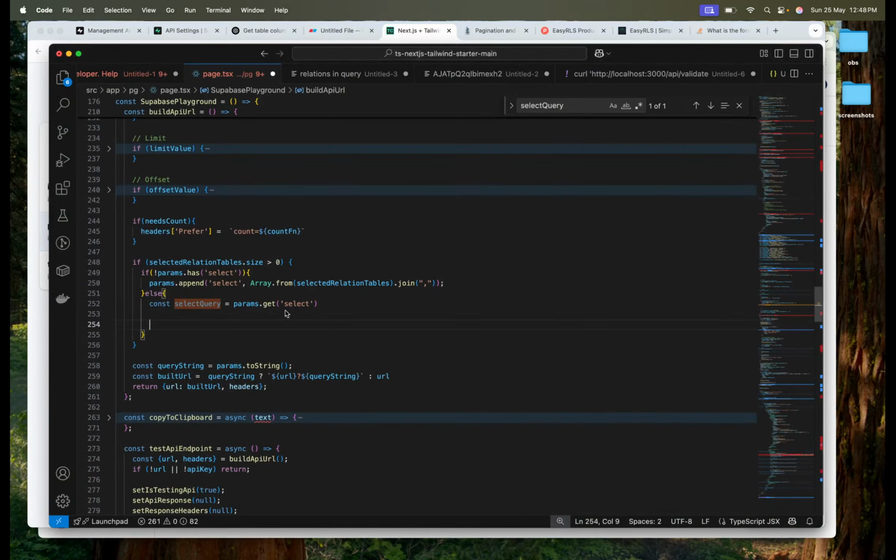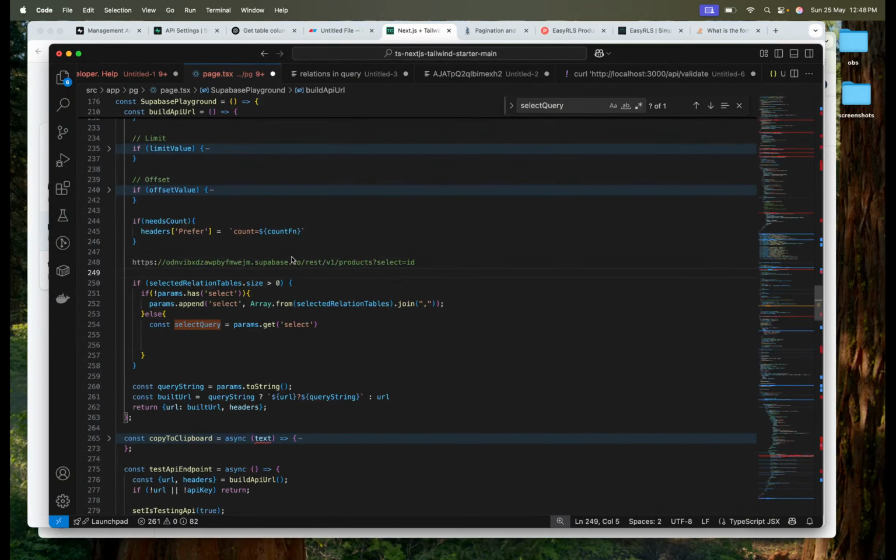say this is what we have right now. So there is a select, and then it will come in the else. The select query will be id. In the select query we will be having id, and let's say if there is a name as well, then the id and the name will be there. So we just need to append at the very end the, let's say, the images, something like this. So we can just hard code this